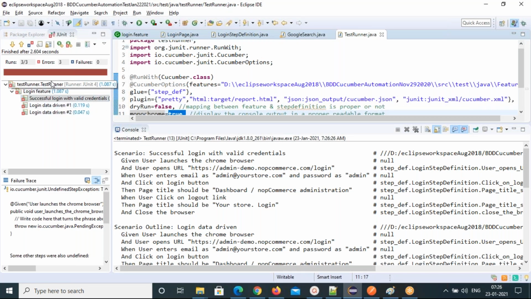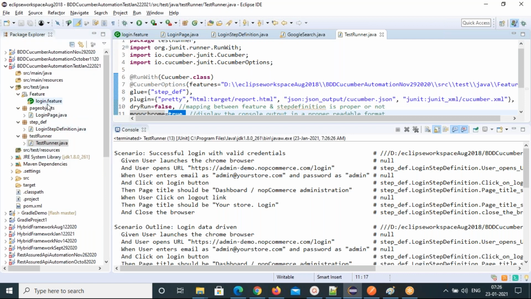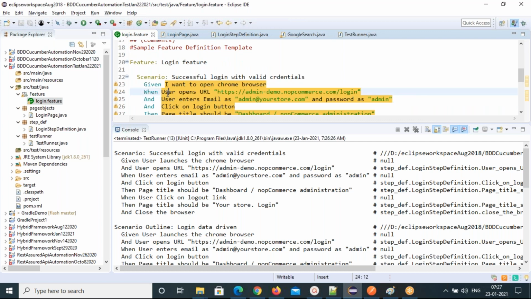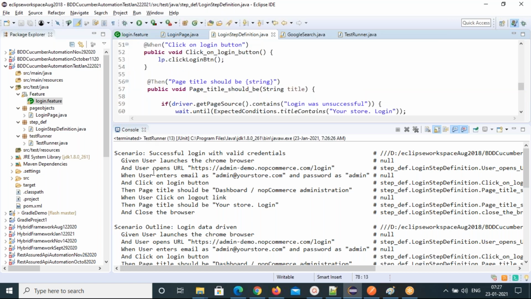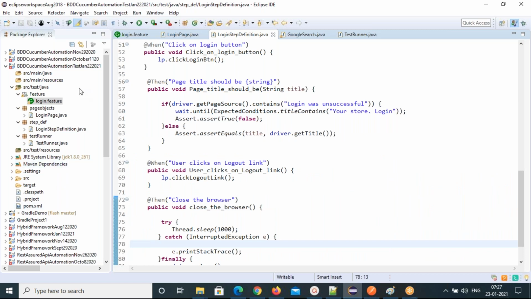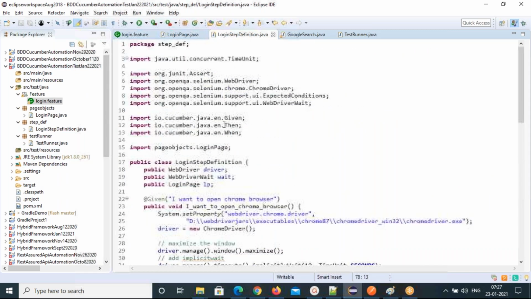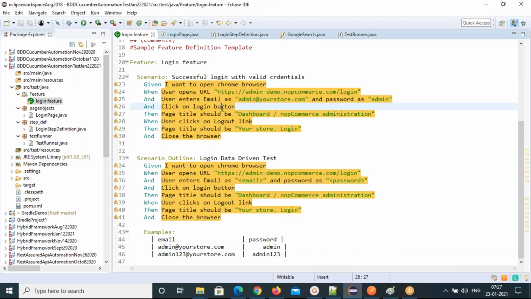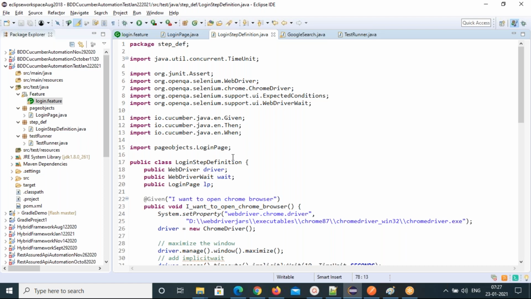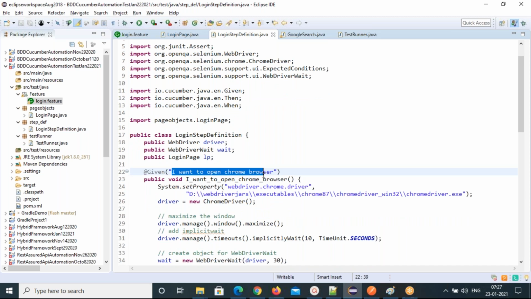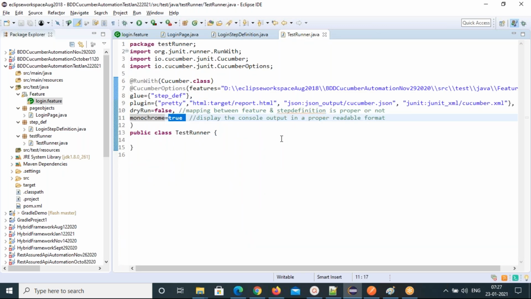But here, I want to open Chrome browser, that's what this is, right? Is it correct? Why is it showing this?